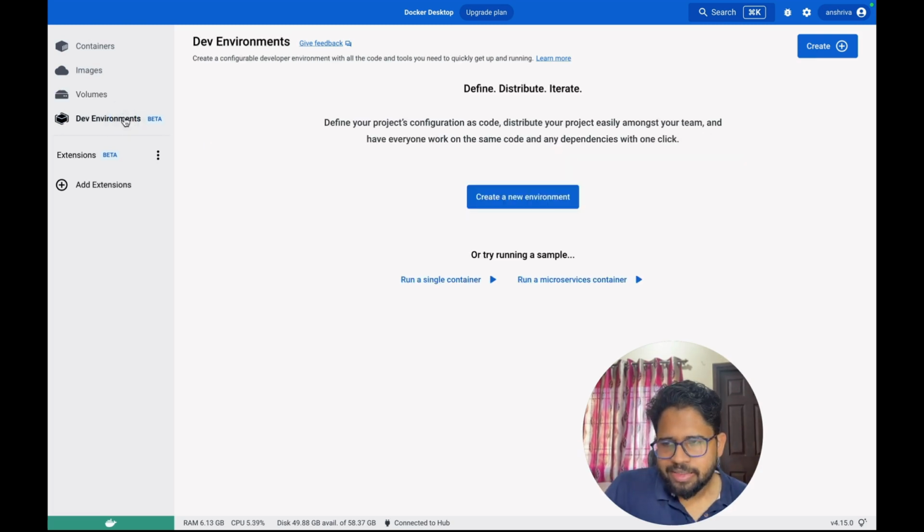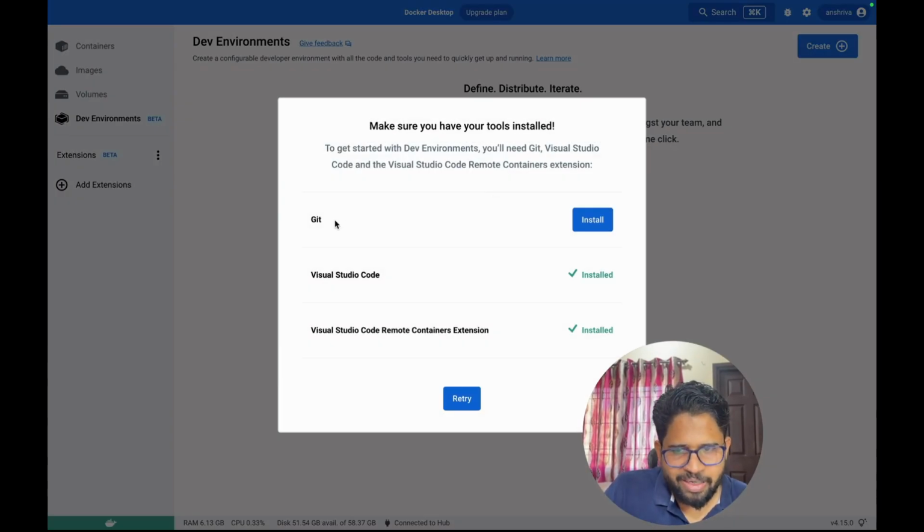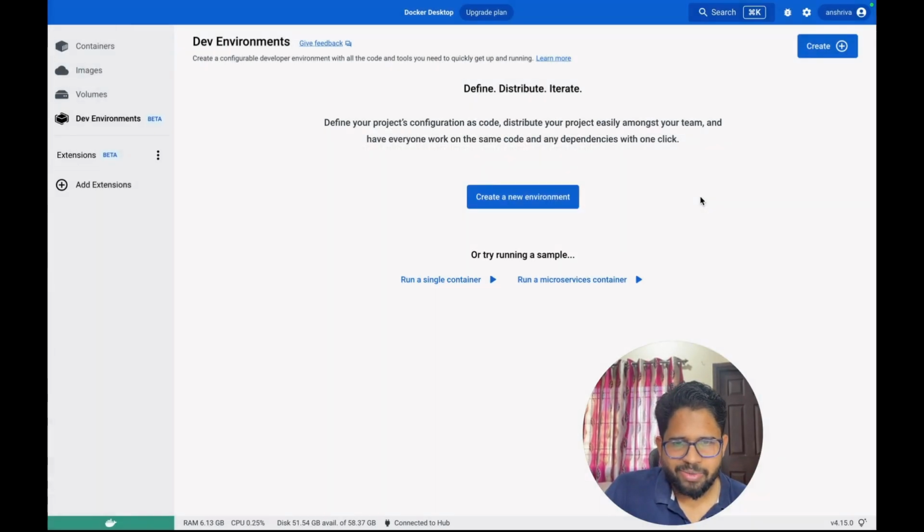One interesting thing is the dev environment. We can also create a dev environment using the feature given in Docker Desktop. However, I would say that it's still in the beta stage. For some reason, when I click on create an environment, it says that Git is not installed, whereas Git is installed on my machine and it is available using the command line. But the same thing works for me in Windows. There is one more thing: it works only with VS Code and it is based on Docker Compose. So even if it doesn't work, we are good to go using Docker Compose. And once this becomes prod ready, we can try to use that as well.